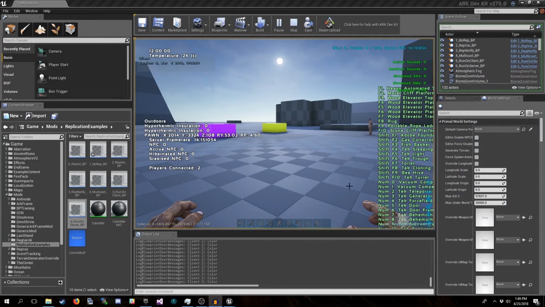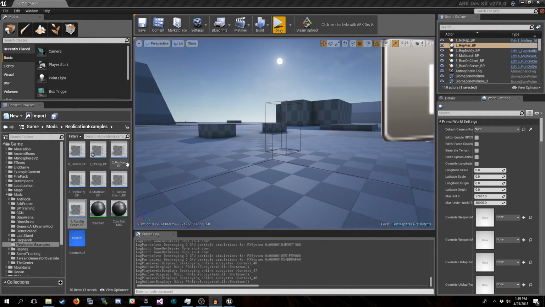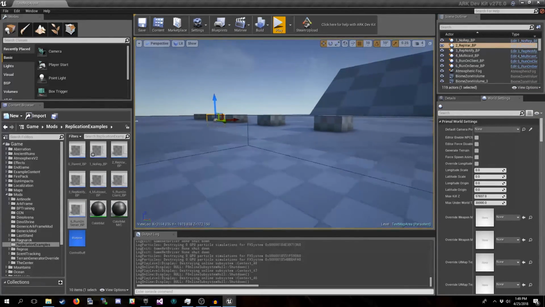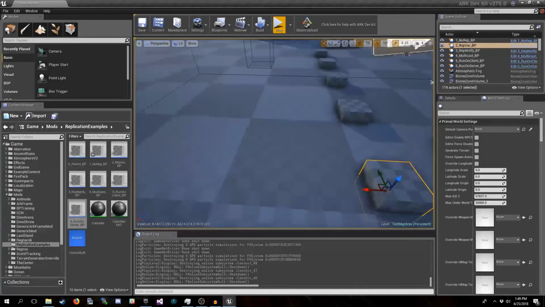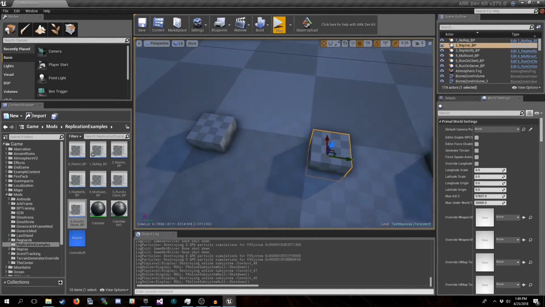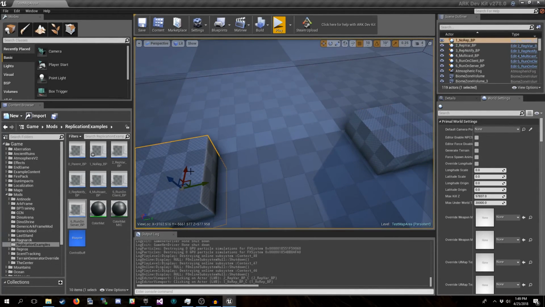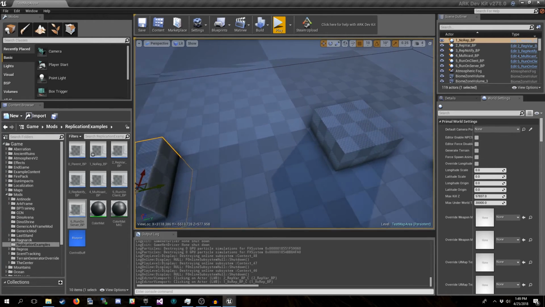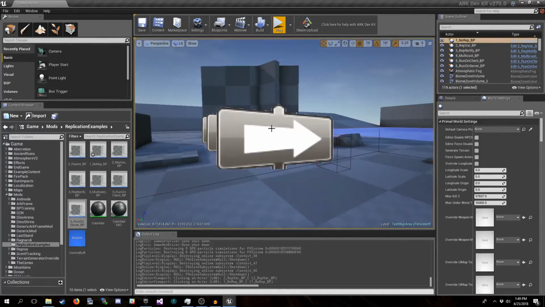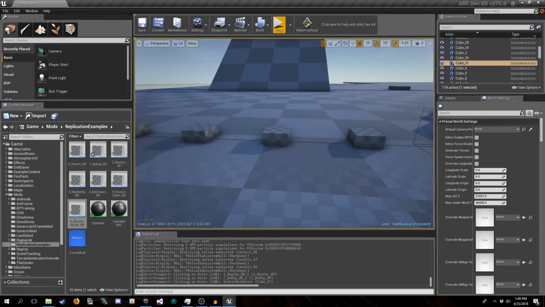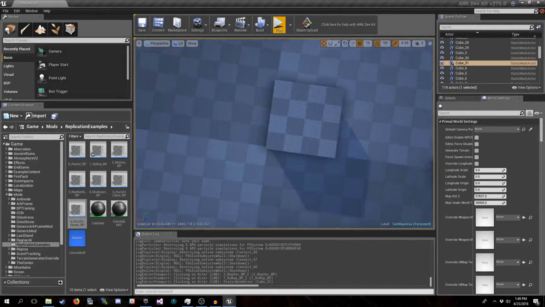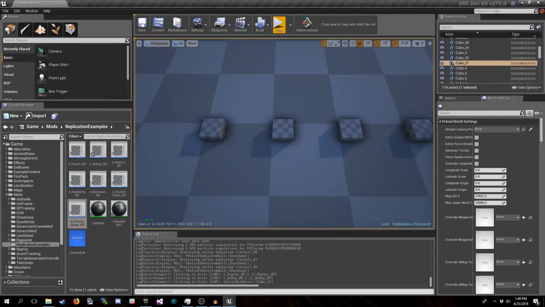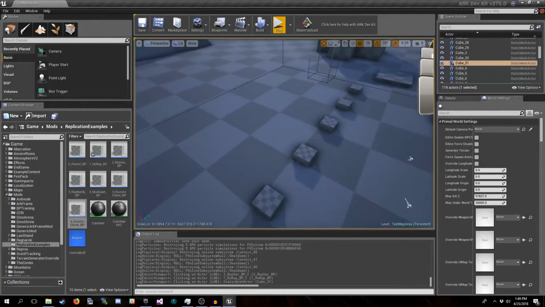So there you have it. I've shown you the 6 major forms of replication in UE4 and how they apply in different scenarios with the same structure. Remember, these boxes can represent anything. They can represent structures. They can represent landscape. They can represent other players, actors, creatures, whatever. Anything that is or is not actually owned by a client.